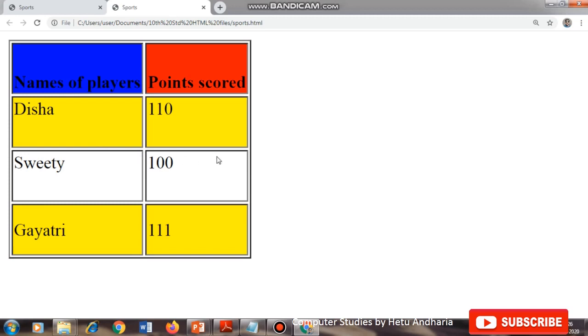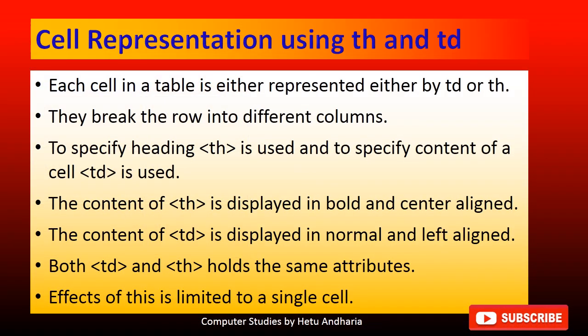You know the horizontal alignment, that is left, right, center, justify, so I am not teaching you that with practice. In the practicals, when we created the table, we understood the concept of TH and TD. Each cell in a table is represented by either a TH or a TD. They break the rows into different columns. For example, in one TR, as many TH as we write, that many columns will get created.